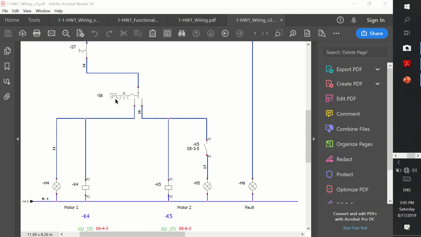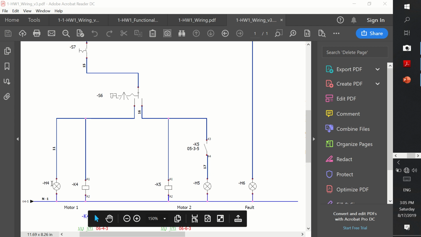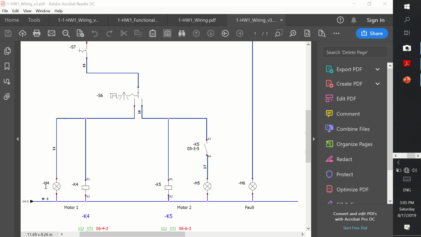Okay, as you can see here we have a selector switch with 3 positions. Here we are wiring this wire to the 4th lamp, 5th lamp and 6th lamp. Here we have, and this branch will actually activate the contactor K4 along with its